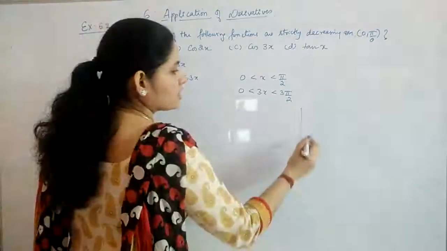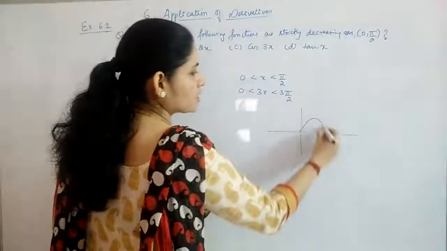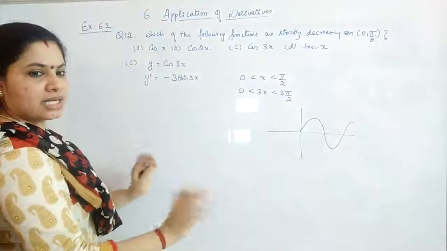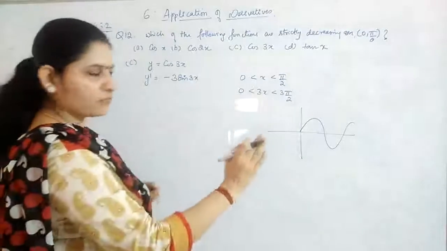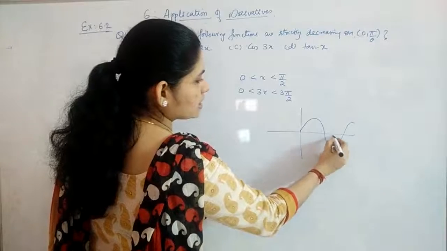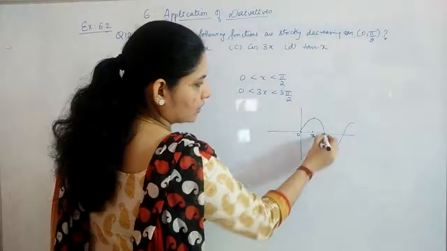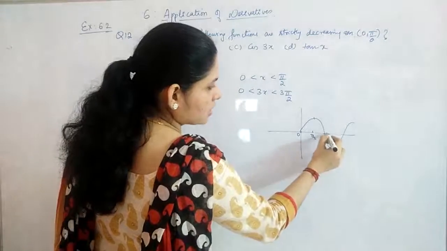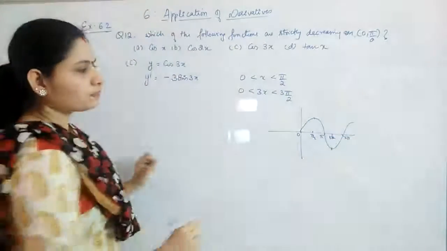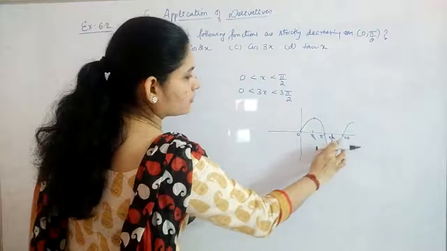0 and 3 pi by 2 means, if you are having a sine function, the graph of the sine function is always like this, right? The angle will only decide whether it is bigger or smaller in size, but it will go like this only, wave shape. So when you say 0 to 3 pi by 2, it means till this. This is 0, this is pi by 2, at this you will have 1. This is pi, then you will have 3 pi by 2, 2 pi, like this it will go. Now till 3 pi by 2 if you are checking, this much will be your graph.